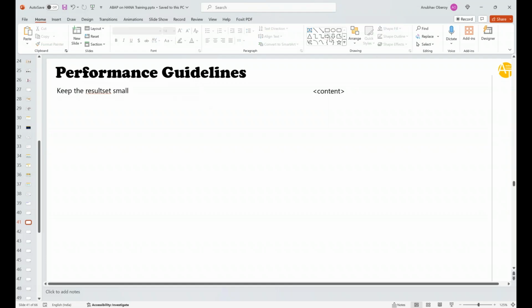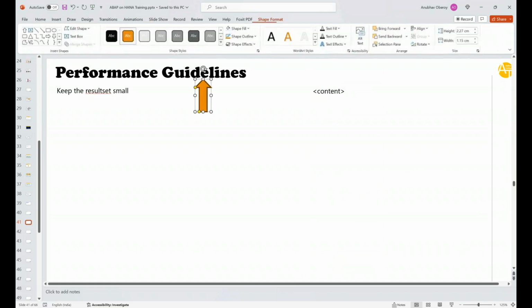In this case, you will see that we have this large result set and the small result set. You can see large, small. That is the first one, a large result set and a small result set. That's a guideline. So in what cases does this guideline get violated, and what should we do as an ABAP developer to avoid a large result set and keep this result set small? We should discard